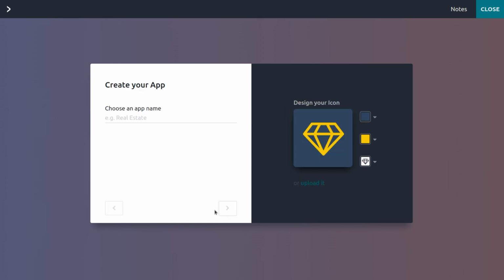So click on the next button and here we can create your application. We need to give the name of the application here. So I'm giving the name of the application as product warranty. And it is also possible to design your logo. Either you can upload it or you can also change the background color, foreground color,